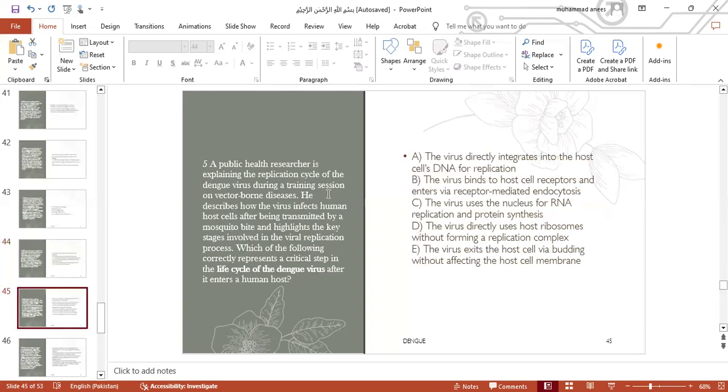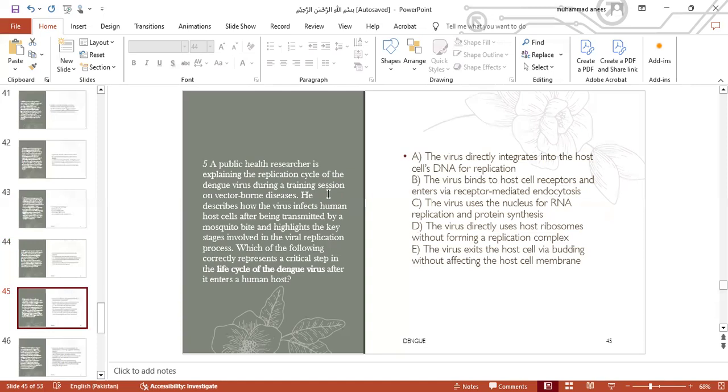A public health researcher is explaining the replication cycle of dengue virus during a training session on vector-borne disease. He describes how the virus infects a human host cell after being transmitted by a mosquito bite and highlights the key stages involved in viral replication. Which of the following correctly represents a critical step in the life cycle of a dengue virus after it enters